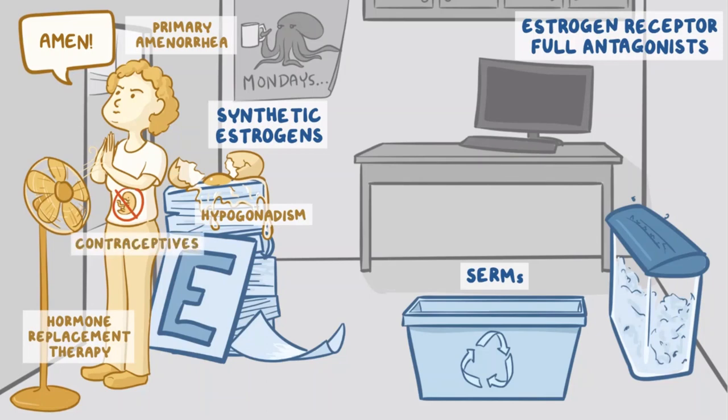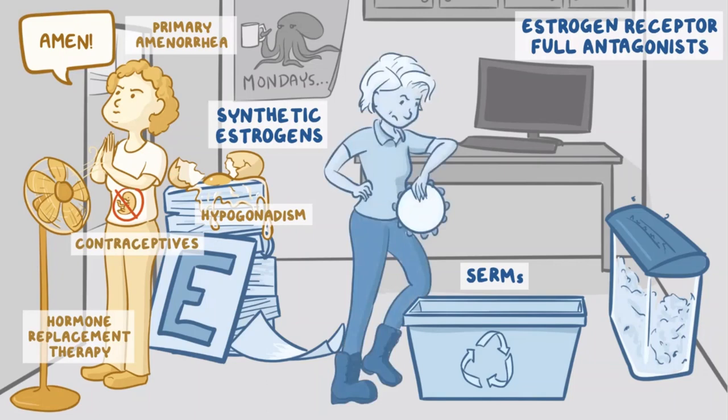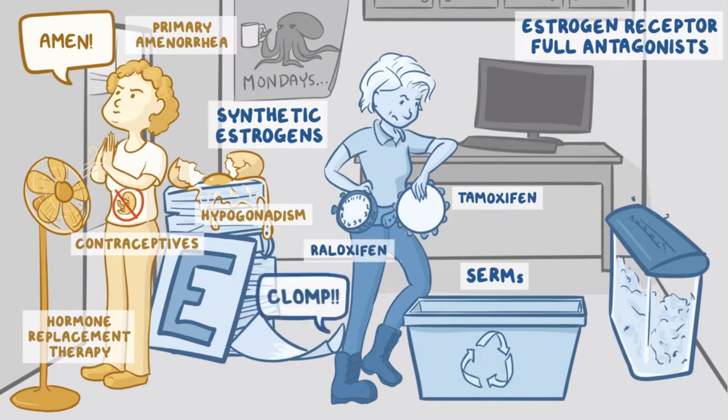contraceptives. For the SERMs, let's look at the recycling bin. Another lady is about to throw away a tambourine, and this represents tamoxifen. Around her waist, she's wearing a giant counterfeit watch that says Ralox for raloxifene. Finally, she's stomping the ground impatiently with her giant boots going clomp, clomp for clomiphene. For the